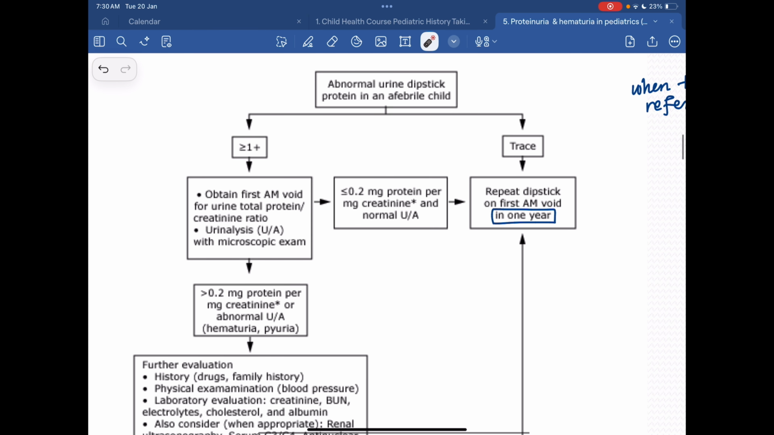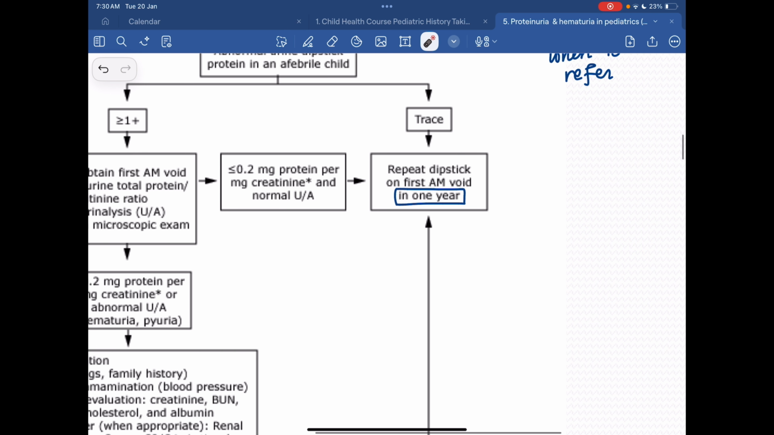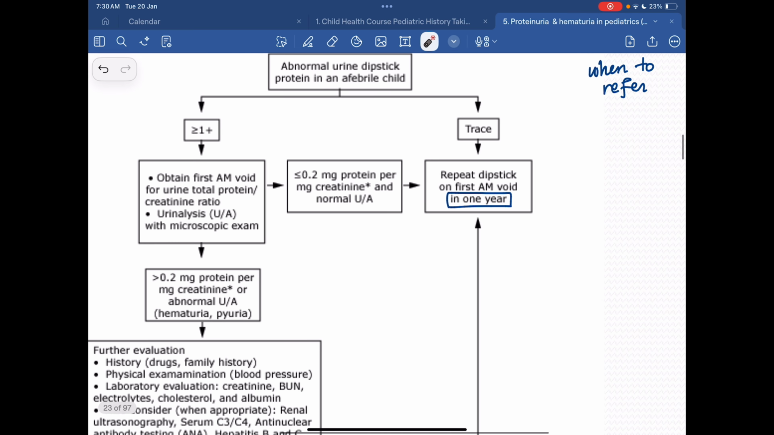If we say trace, what was that? 15 to 30 milligrams per deciliter. In this case we have to repeat the dipstick on a first morning void in 1 year. Trace, we'll just follow up; there's nothing to do. But if it's plus 1 or more, meaning 30 or more,